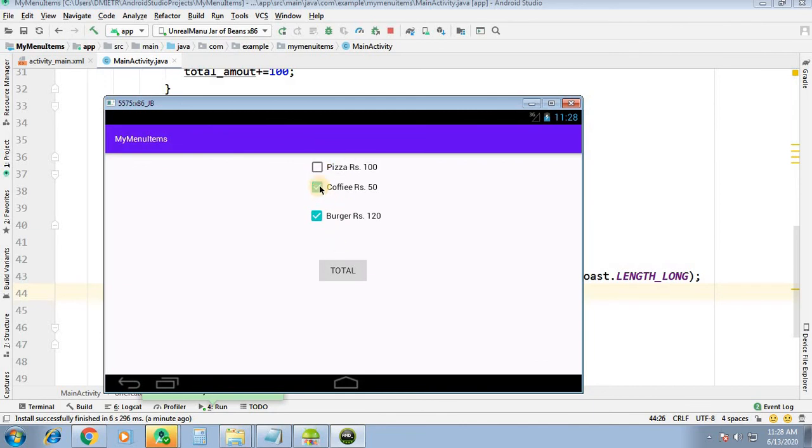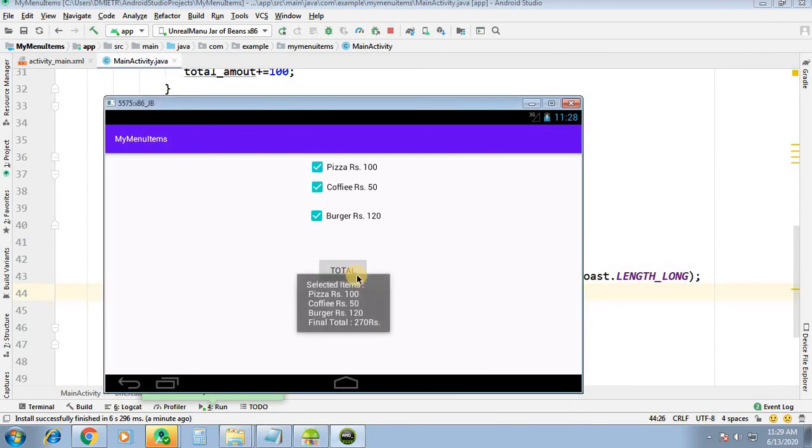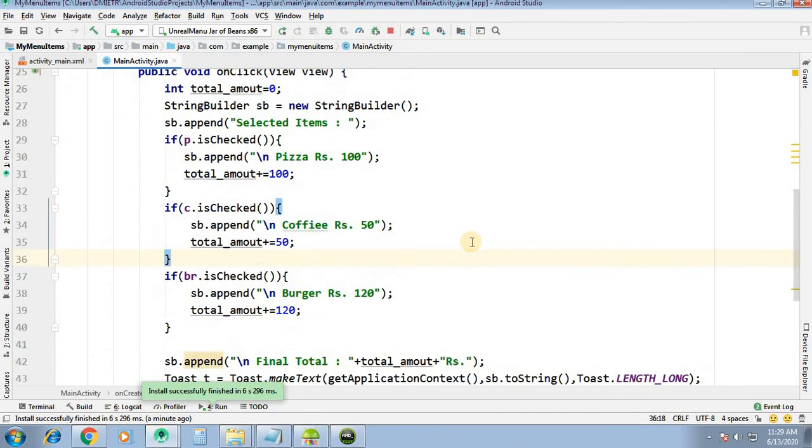Suppose I only select coffee and burger, then total will be 170. You can see here. So this is the example of checkbox, items are selected with final amount. Only burger, then this is. So this is about the checkbox example.